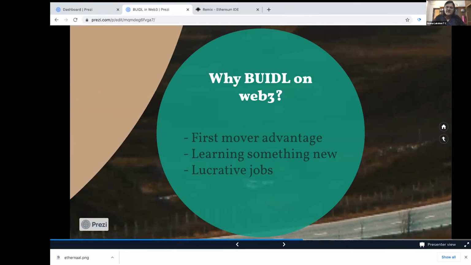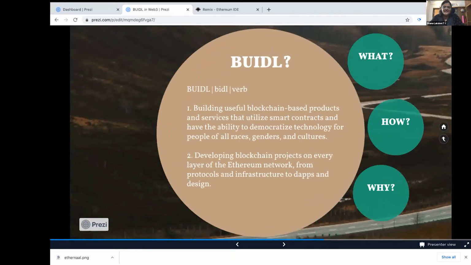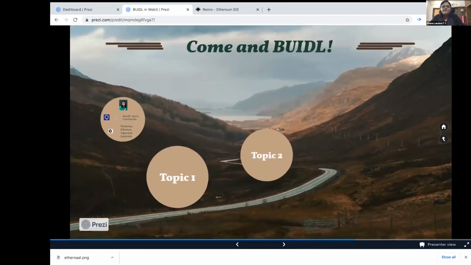The Ethereum ecosystem is one such ecosystem where you have several folks willing to put their money, willing to invest in you, in your product, in your idea. So this is the time to go for it and make money as well. This is a win-win situation in every way possible, right? You learn something new as well as you make money out of this whole experience, if you could, right?